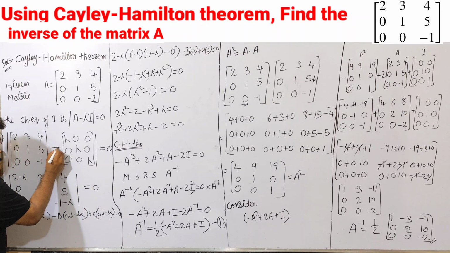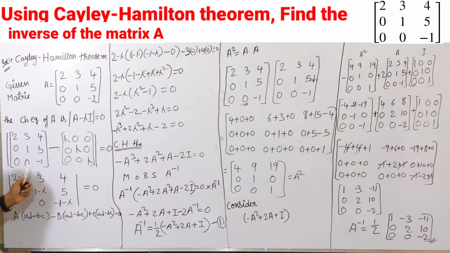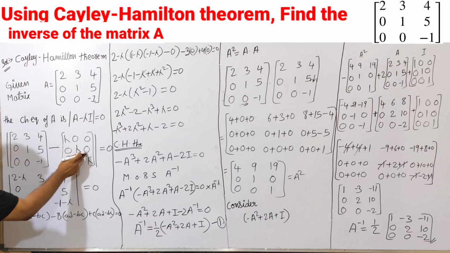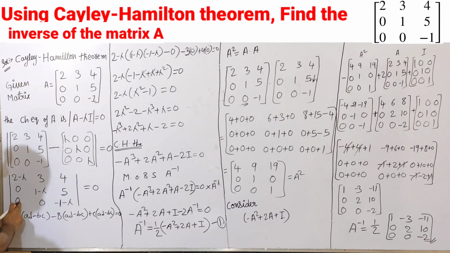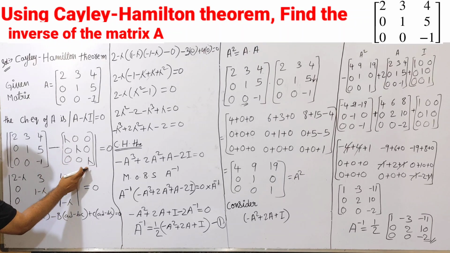So, 2 minus lambda, 3 minus 0, 3, 4 minus 0, 4, 0 minus 0, 0, 1 minus lambda, 1 minus lambda, 5 minus 0, 5, 0 minus 0, 0, 0 minus 0, 0, minus 1 minus lambda